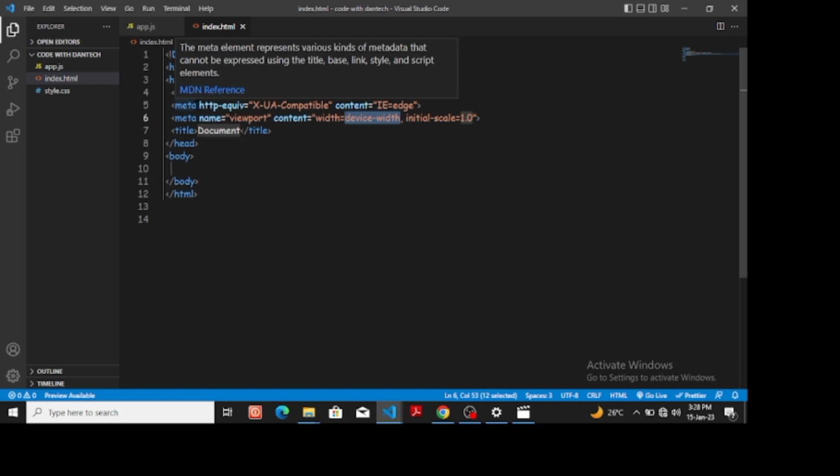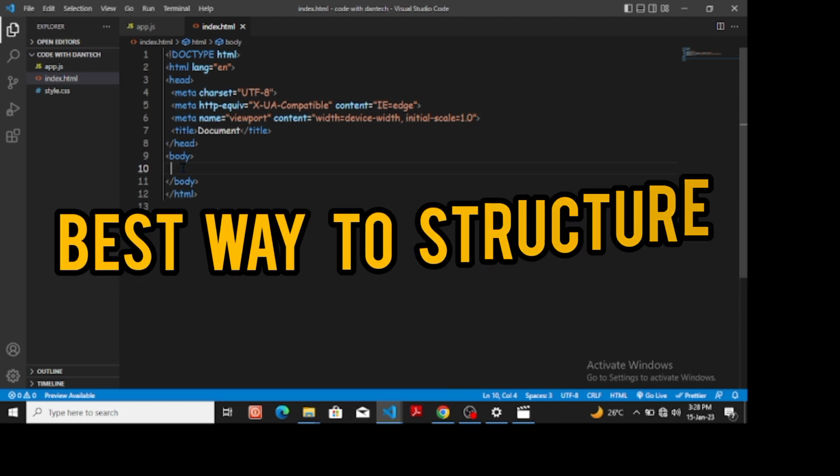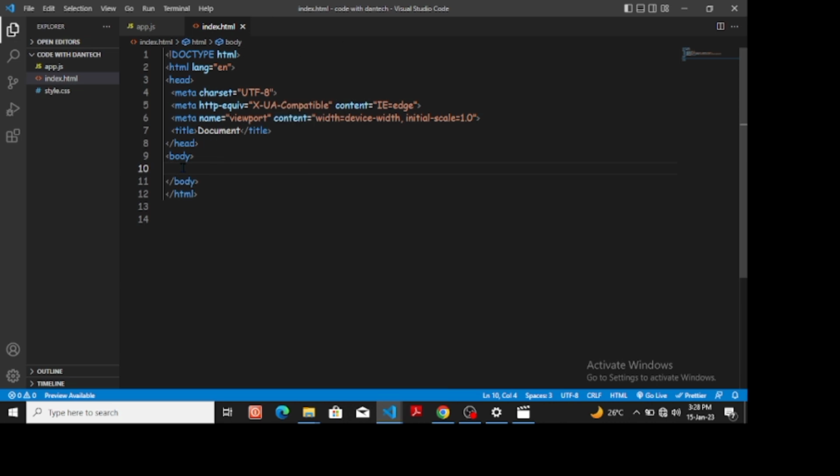To continue, remember in this video I told you that I'm going to show you the best way to structure your web page for a responsive web page. So now, this is a boilerplate. Here we have the doctype HTML. We have the HTML, the head, the body. Now, to structure your web page for a good responsive web page,